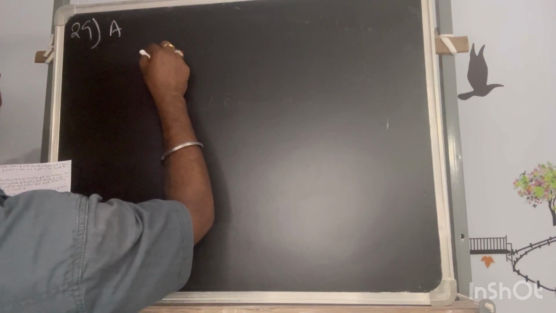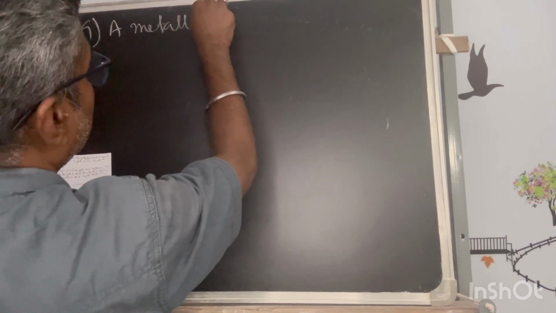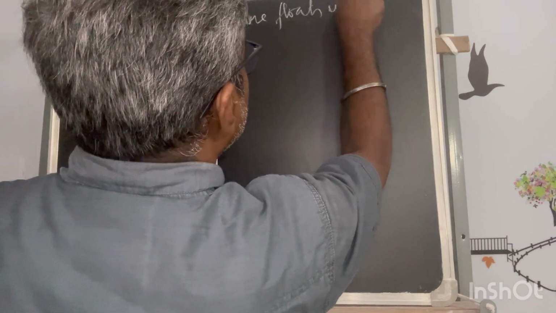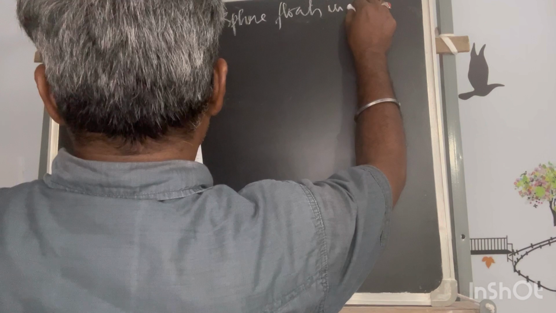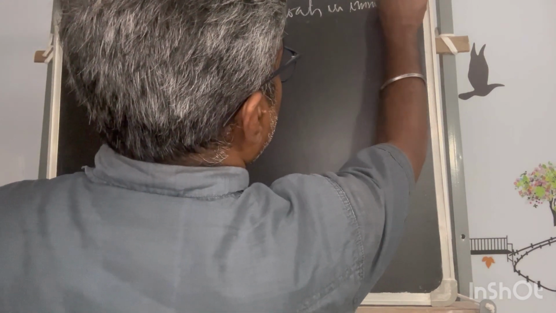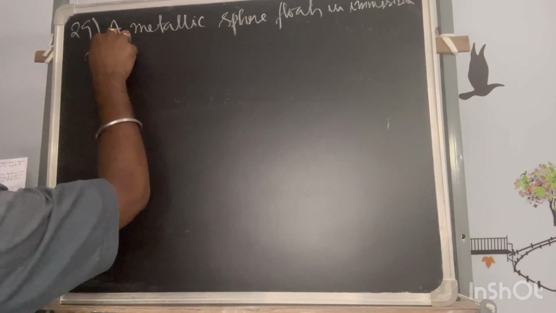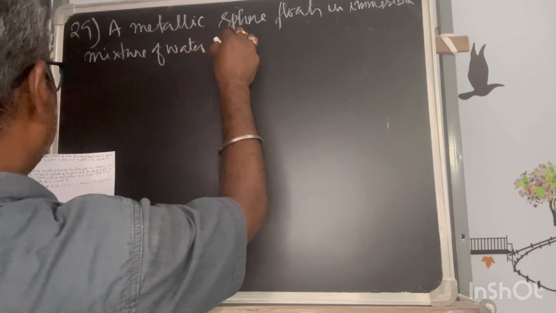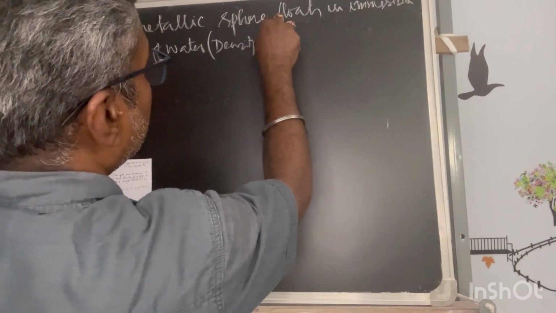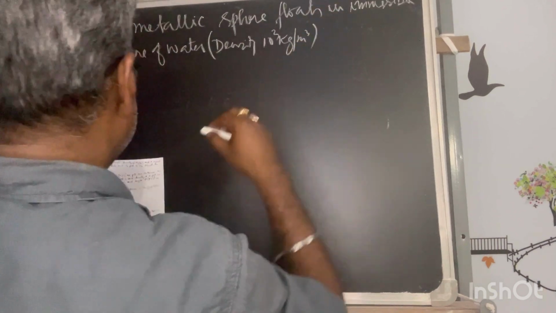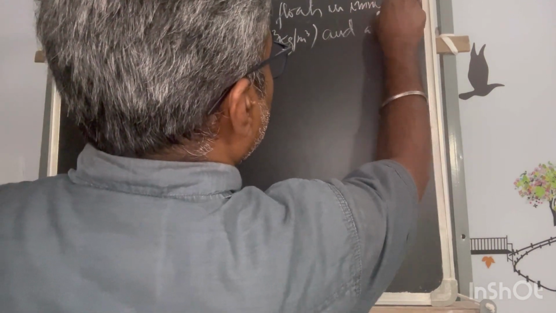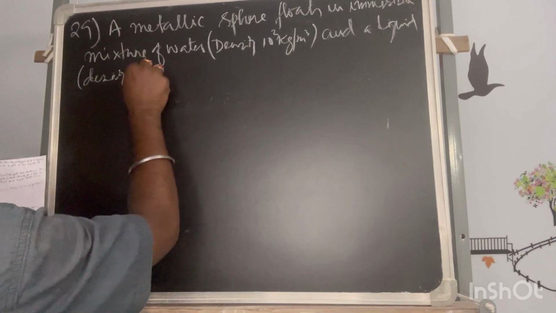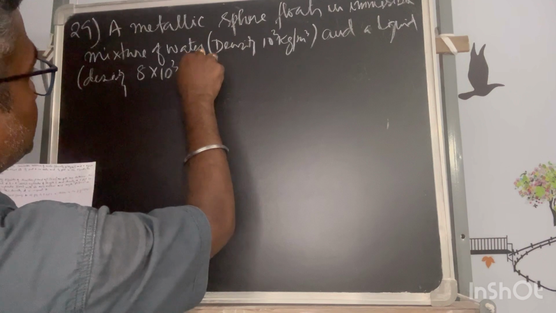A metallic sphere floats in an immiscible mixture of water, density 10 to the power 3 kg per meter cube, and a liquid of density 8 into 10 to the power 3 kg per meter cube,